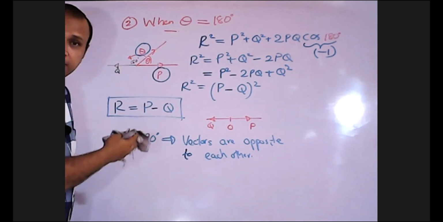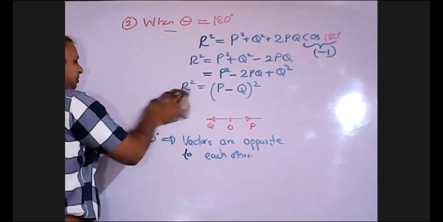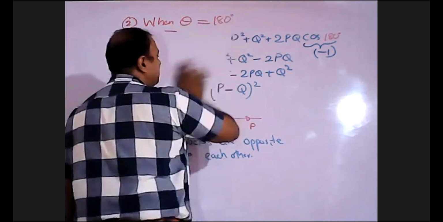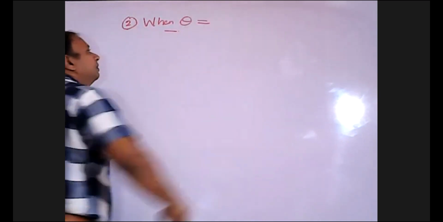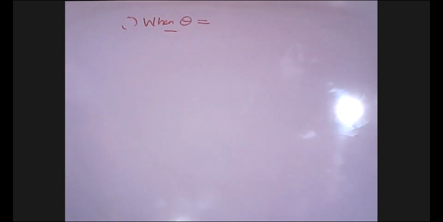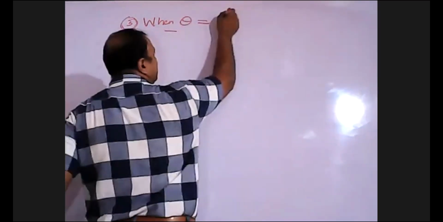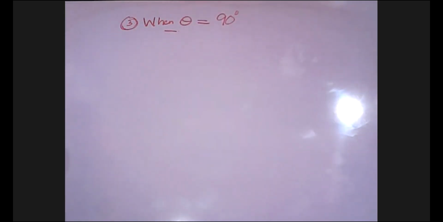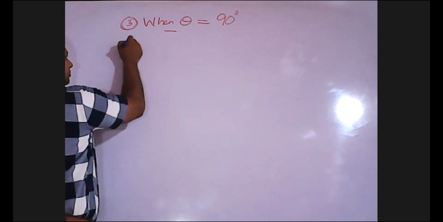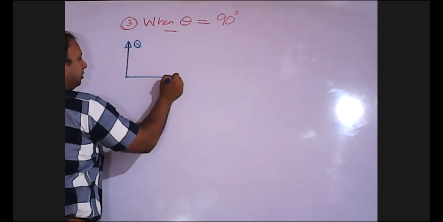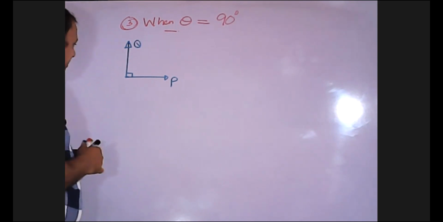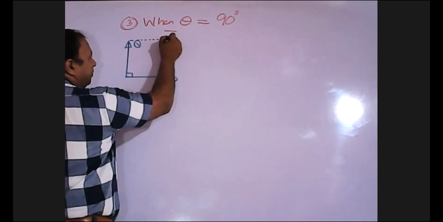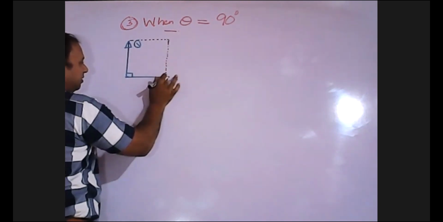I think I can erase this one, no? Okay. The third case is theta equal to 90. That means this one. If theta is equal to 90, you can clearly see, if you construct the parallelogram,